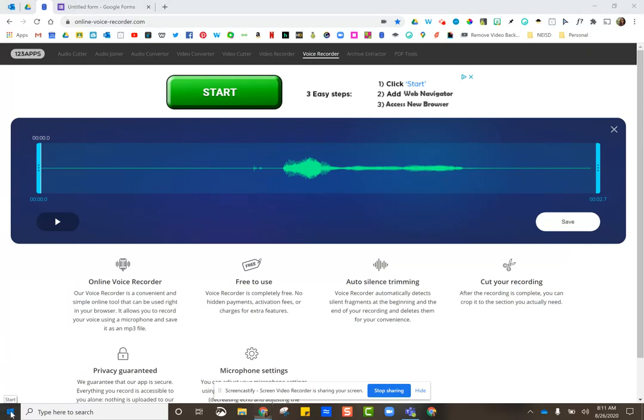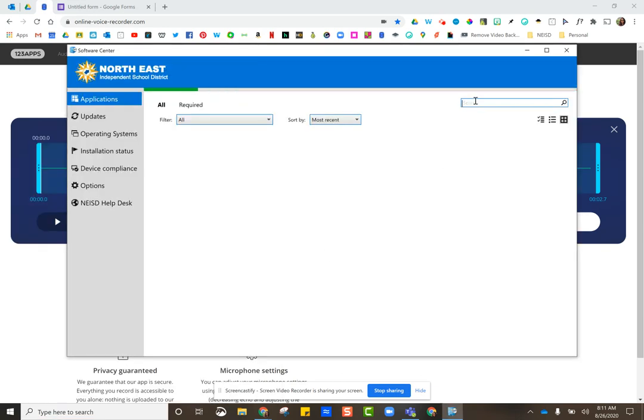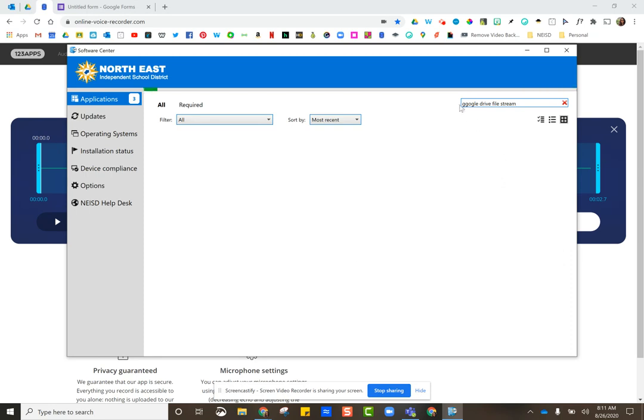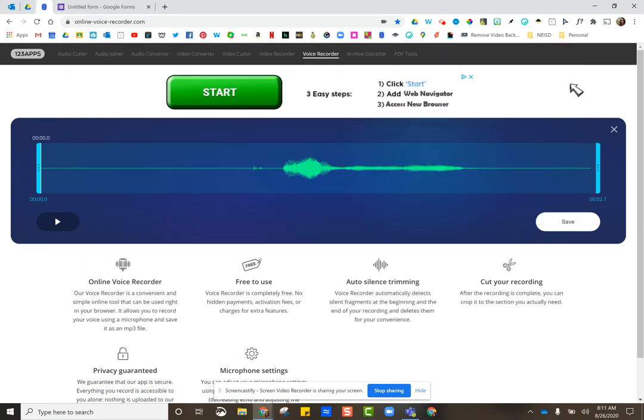The first thing you need to do is make sure you go to the Software Center and install something called Google Drive File Stream. Except spell Google right. Okay. It looks like this, and what it does is it puts a direct kind of path from your computer to your Google Drive and makes it easier to save files. So once you have that installed, then you're going to go to